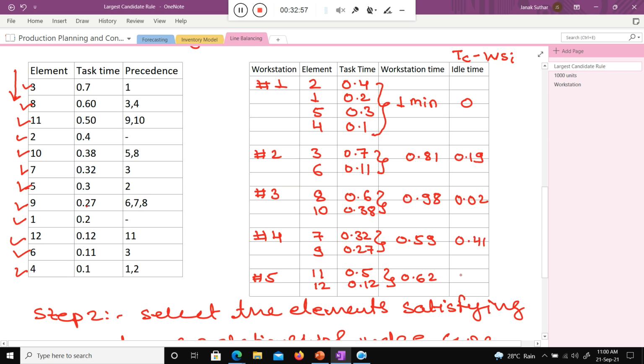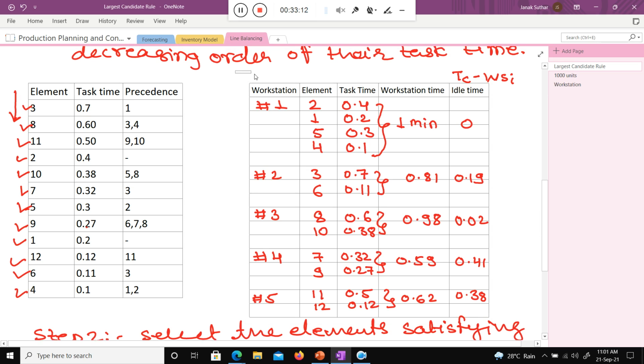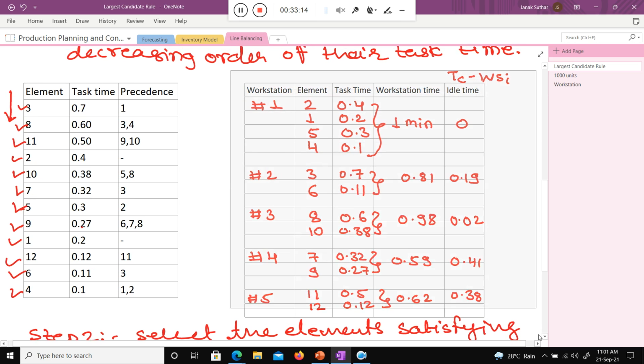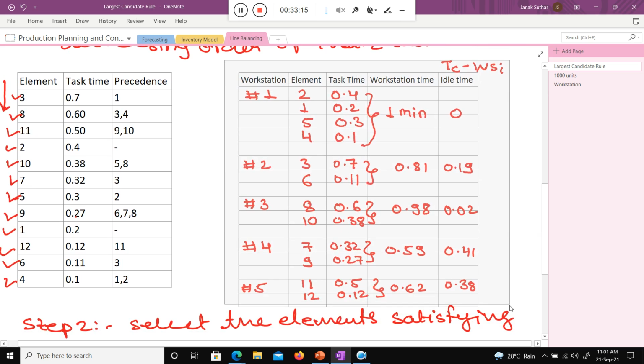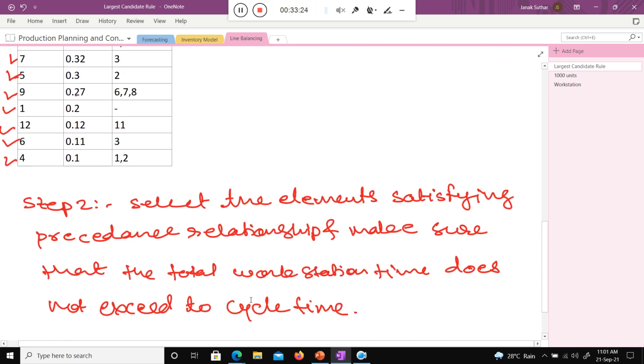Okay, and here? 0.38. Very good, very good. So now I have allocated everything, and this is my workstation design. Just I cut this particular part and paste it into our second step. Okay, very nice.